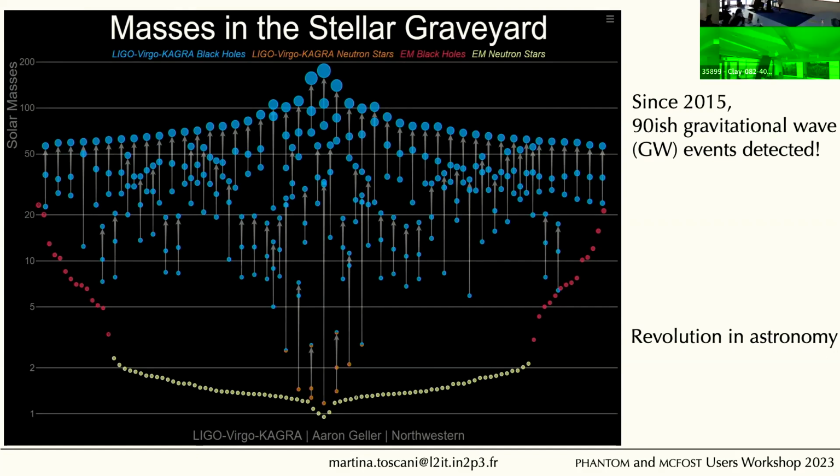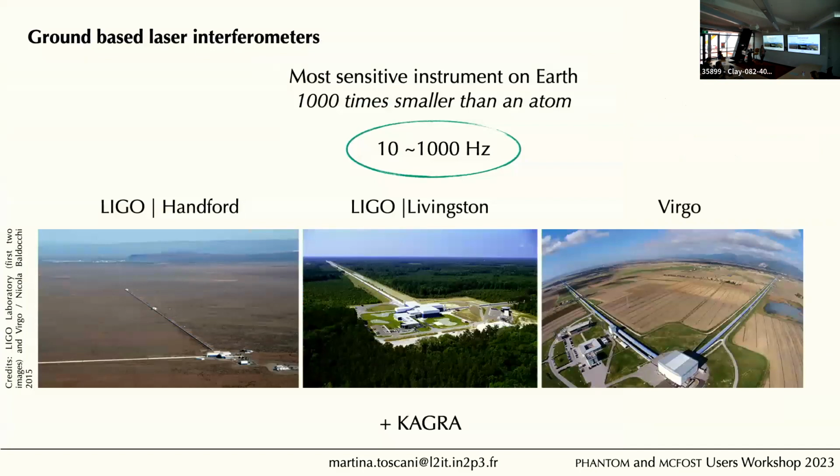And we can say that since then, the gravitational wave astronomy field kind of exploded because since 2015, we have already detected around 90 gravitational wave events. The majority of these are binary black hole mergers, but we also have neutron star mergers, for instance. So how do we detect these events? Well, what we use